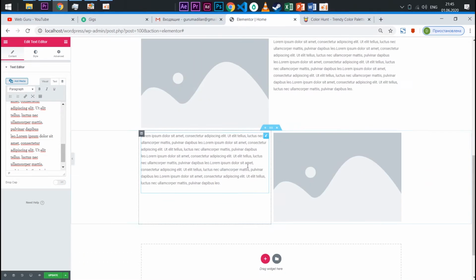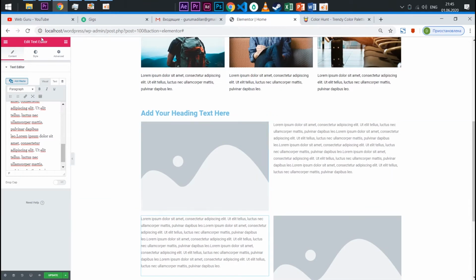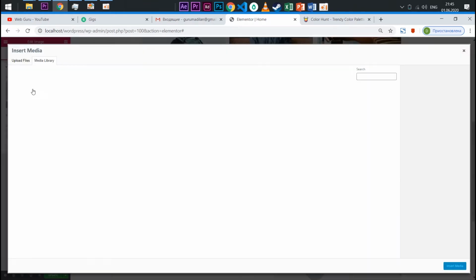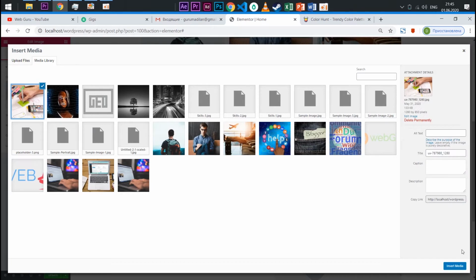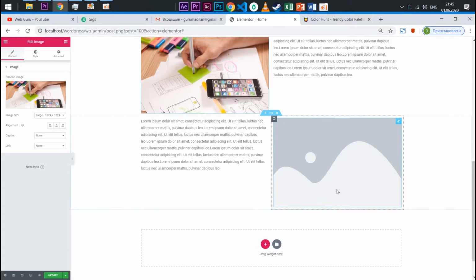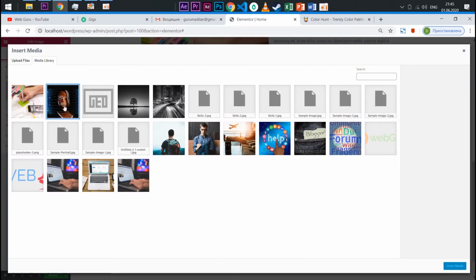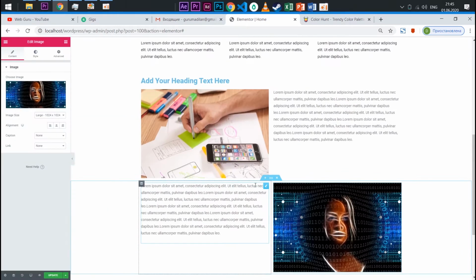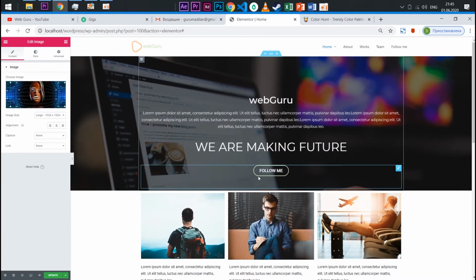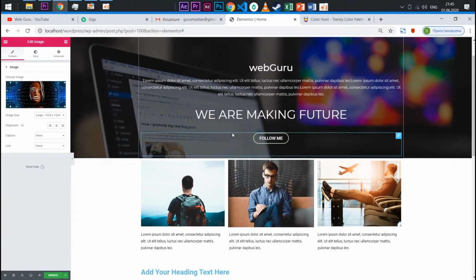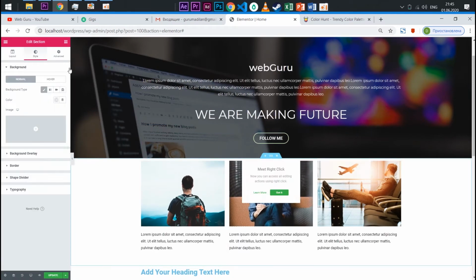So let me change the picture. For example, I already downloaded a picture from Pixabay for this, and let's start from the top. Let me first give background to this section. Go to this button,